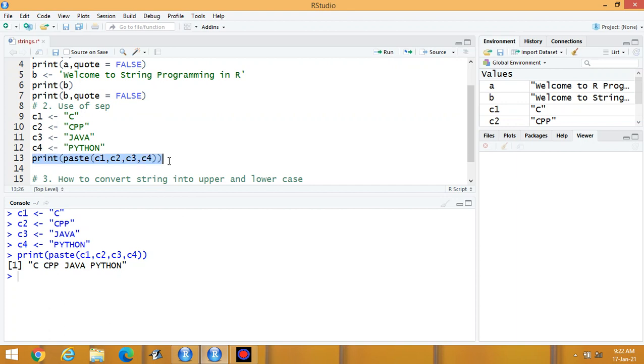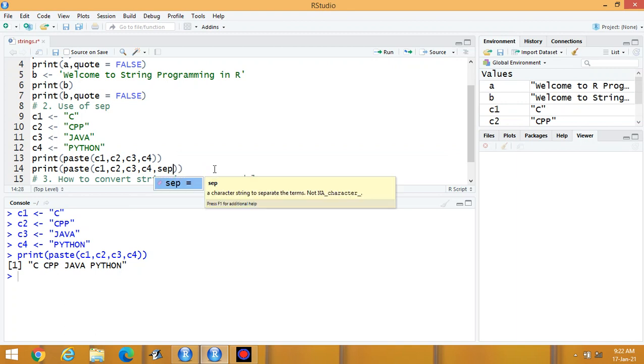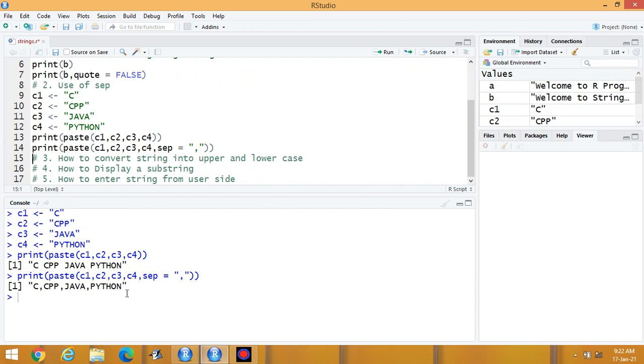Suppose I have to place some separator, for example, comma, inside these languages. Then what I have to do? Let's copy this and paste here. Write one more code, separator, in double quotes, place comma. Then execute the program again. Look at the difference now. You can write all the languages with some separator. You can place any content.